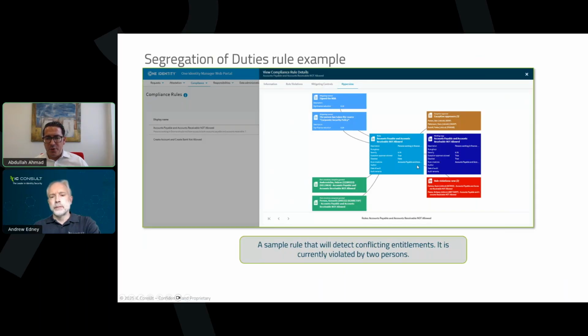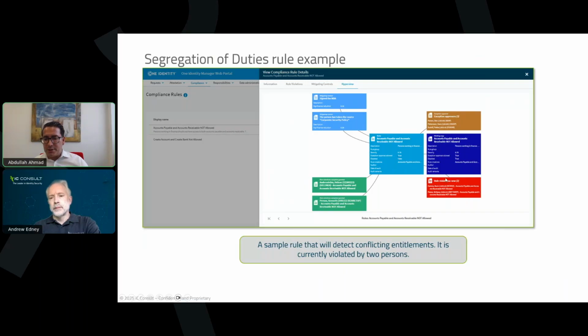So in that hyperview, you can easily see, for example, that the rule is activated. We always have a working copy where you can perform some changes if needed, and then you activate that. The active version means the activated one. You see on the right side all the exception approvers who are allowed to perform an exception for that rule. You see some rule details like the description and so on, but we will come to that later. You see mitigation controls, which are allowed to be performed for that rule violation if needed.